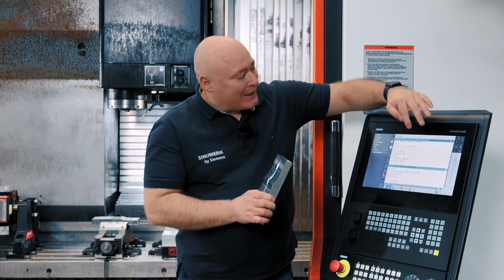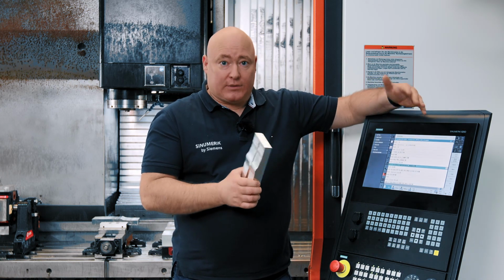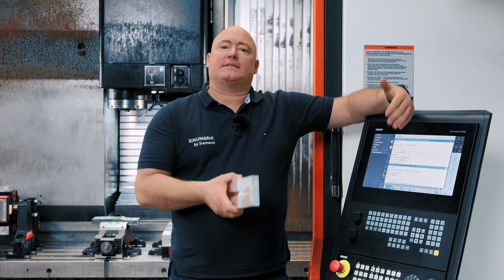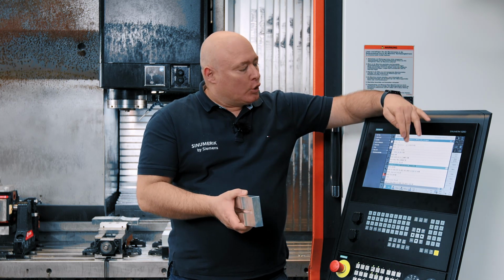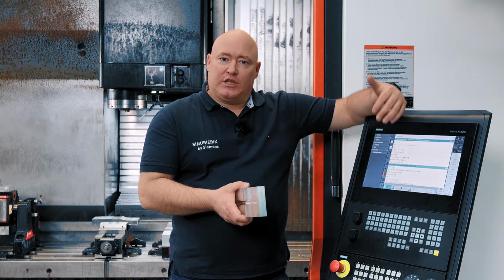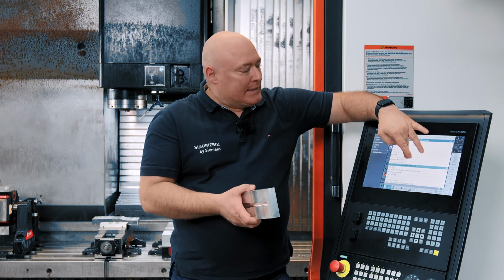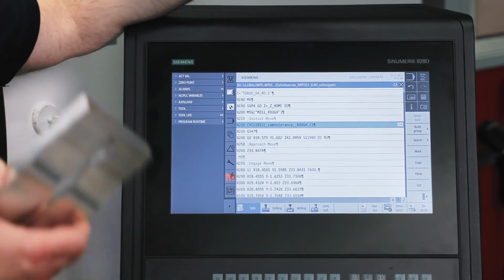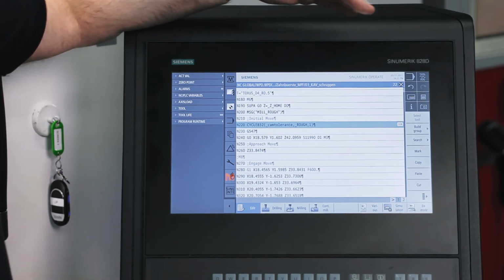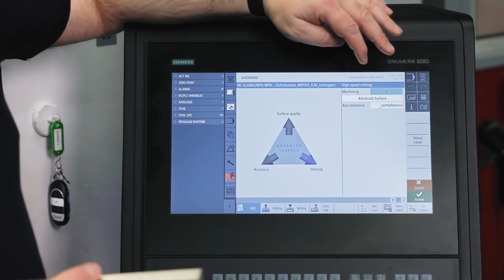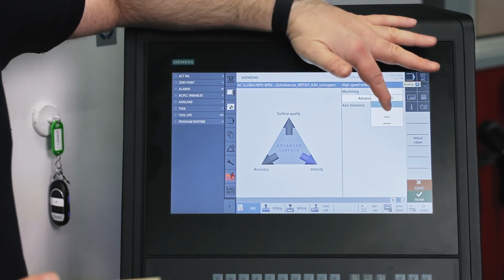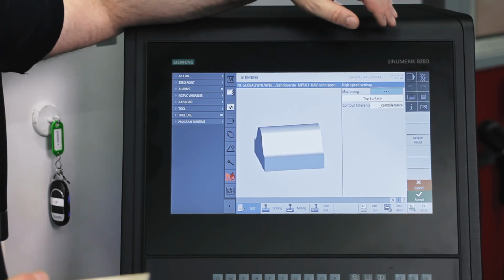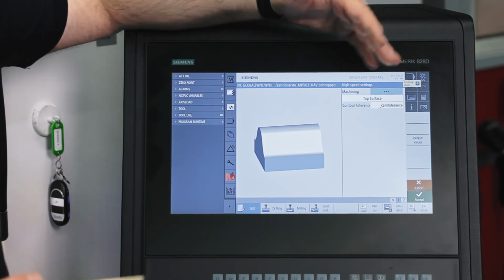Here is our program, which we created via NX and the post-processor. Due to the rather large amount of data, we use an external storage medium in the form of our data server, and then access the server from the machine to load the program. Here we can also see our cycle 832, which of course we could still edit directly on the control after generating the NC program if necessary. Again, you can choose between roughing, finishing, or our top surface with the various surface qualities, where you can then set the desired surface quality.